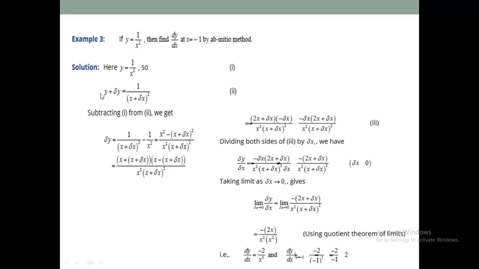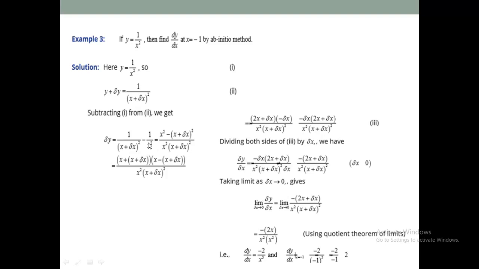Now in this question we have y is equal to 1 over x square. We replace y by y plus delta y and x by x plus delta x. Again we subtract left from left side. Now y and y cancel each other. It is equal to delta y, and on the right side 1 over (x plus delta x) square minus 1 over x